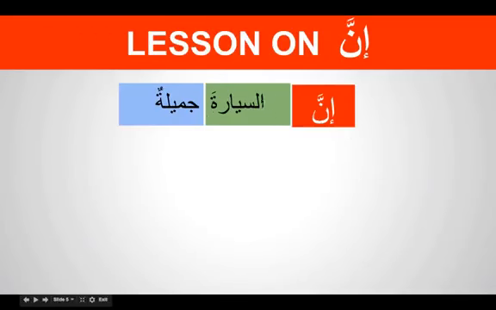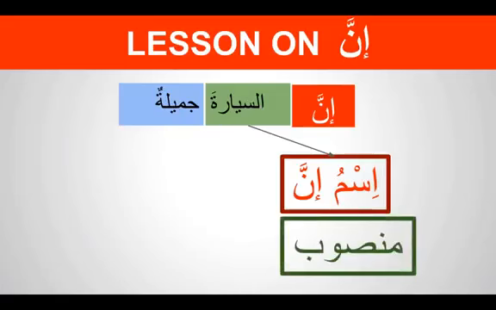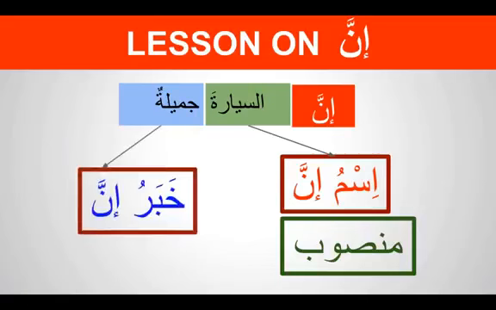So what is this word which has turned itself into a mansub? It's called ismu inna. Whenever you have inna, we will have what is called ismu inna, which will always be mansub, which means it will end with a fatha. And jamilatun is called khabru inna. Normally in jumlatul ismiya we have khabar; when inna comes, it becomes khabar of inna.